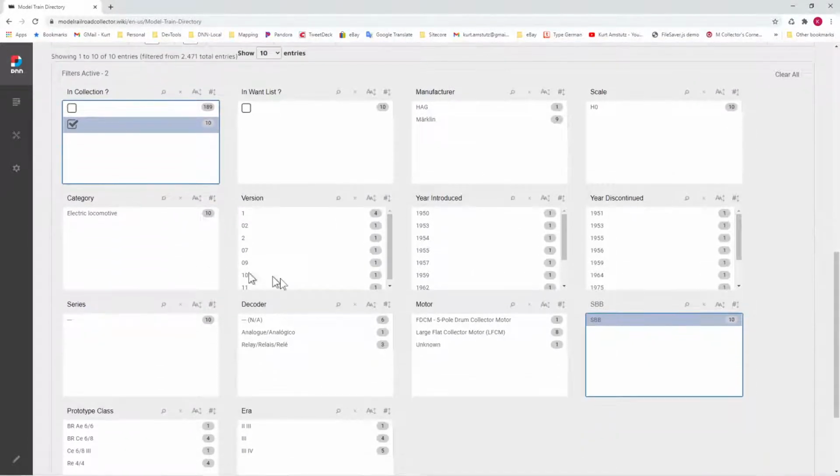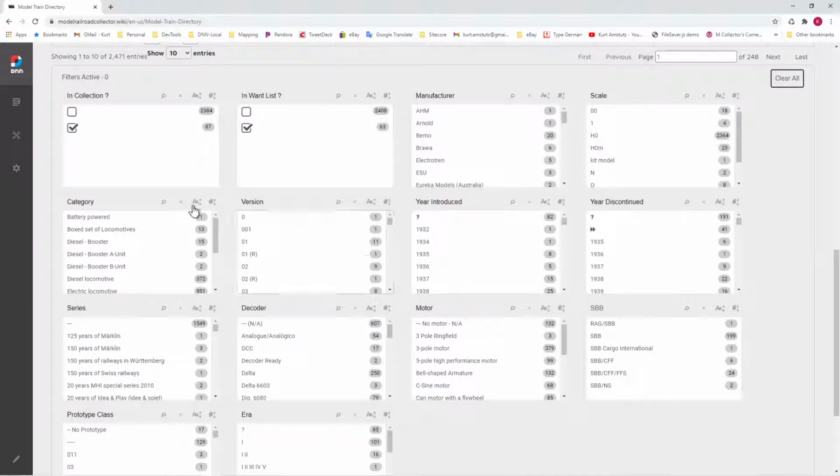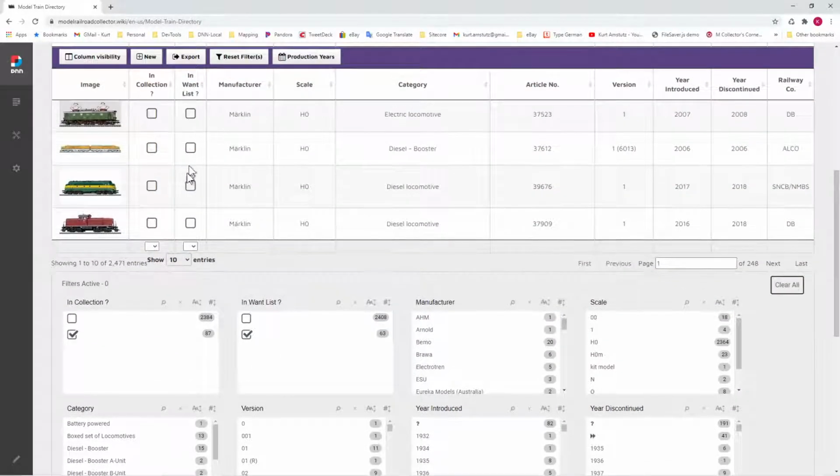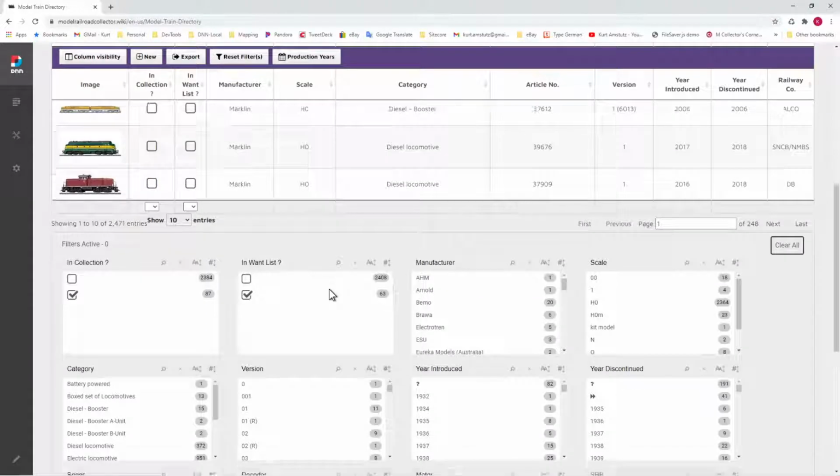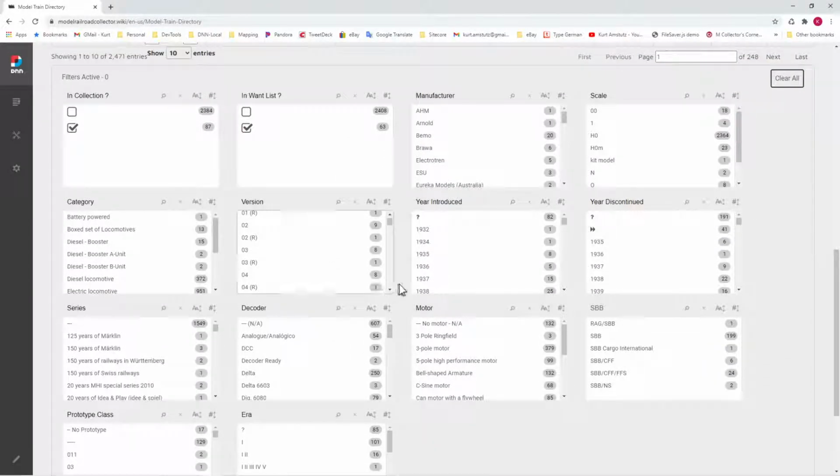Okay, so that's a brief overview of the advanced search. Very powerful. The best way to learn about it is to play around with it. Open it up in one of the directory categories or in one of your collections. See the options that are available here. Click on one or more to filter down the list and have fun. You can find a number of different patterns, and you can find what you need. Real slick feature.